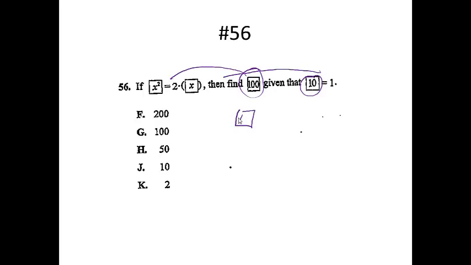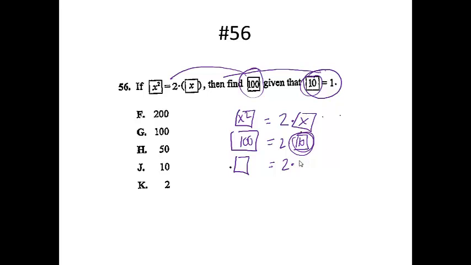So I had x squared equals 2 times x, and so then I put 100 equals 2 times 10, and so then I'm looking for box equals 2 times, I know that this is equivalent to 1, so then I just figured 2 times 1 was equal to 2, so that box would be filled with 2, which is